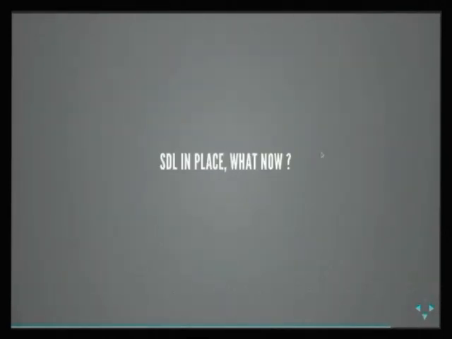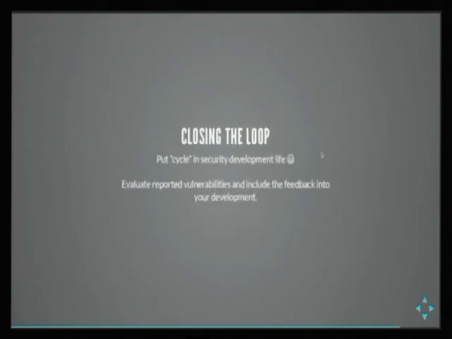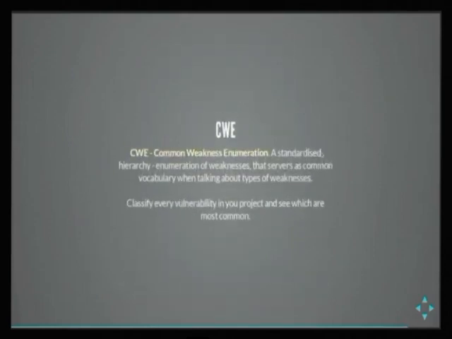So we have a security development lifecycle in place. What's next? We need to close the loop. We actually need to evaluate the vulnerabilities which we receive for our project, and use the feedback to improve our development.